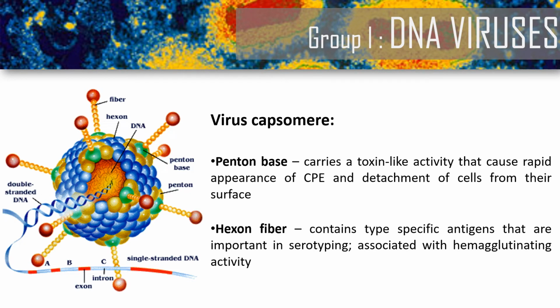So for the viral structure class, maganda yung structure ng adenoviruses. Why? Because they have prominent spikes, and that includes your penton base that carries a toxin-like activity that causes rapid appearance of your cytopathic effect and detachment of cells from their surface. And then we also have your hexon fiber that contains type-specific antigen. So ito yung ginagamit natin class to serotype the